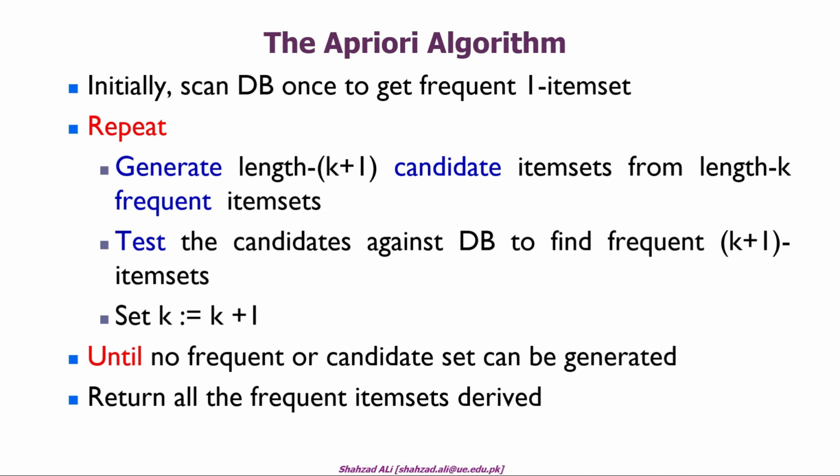मिनिमम सपोर्ट काउंट से कम हो उनकी अकरेंस या फ्रीक्वेंसी, उनको डिस्कार्ड कर दिया जाता है। और देन उन फ्रीक्वेंट आइटम सेट्स, फ्रीक्वेंट वन आइटम सेट से हम लोग फ्रीक्वेंट टू आइटम सेट कैंडिडेट्स को जनरेट करते हैं कि उस फ्रीक्वेंट वन आइटम सेट से कितने कैंडिडेट्स जनरेट हो सकते हैं। सो उन कैंडिडेट्स को देखते हुए हम लोग उनमें से अगेन फ्रीक्वेंट टू आइटम सेट जो पैटर्न्स हैं वो जनरेट करते हैं।